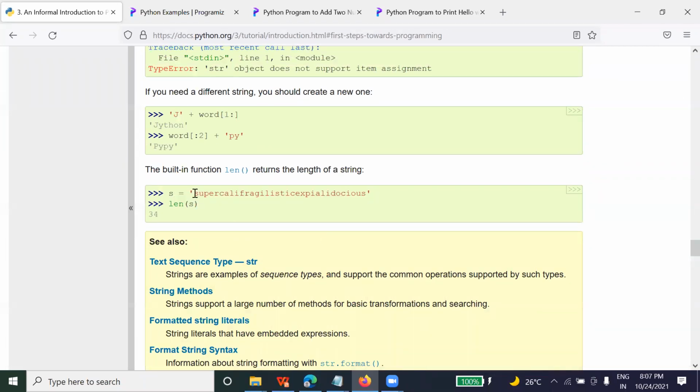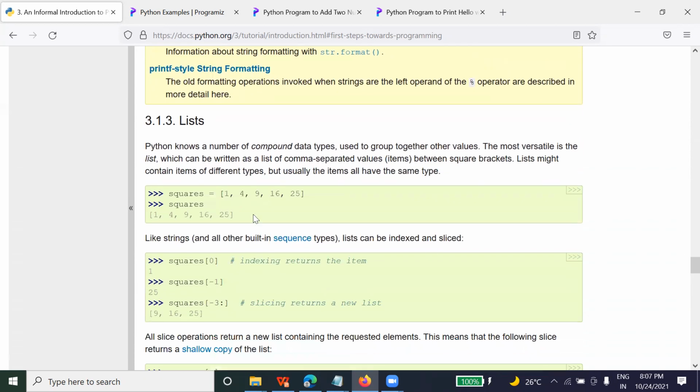In the variable s, you are holding a single string value. But if you want to save multiple values like 1, 4, 9, then we use list. One more reason, list is mutable, right? So this is about your list.